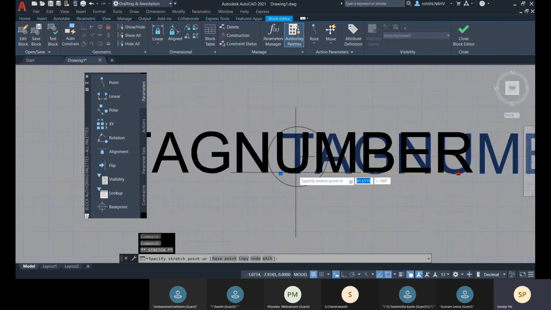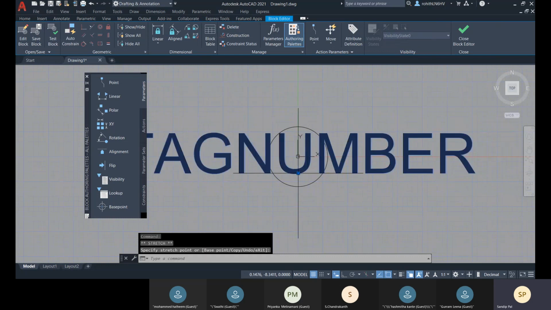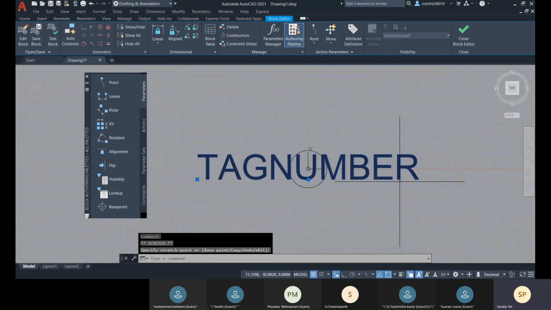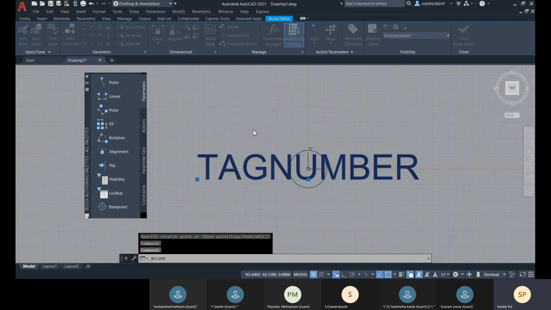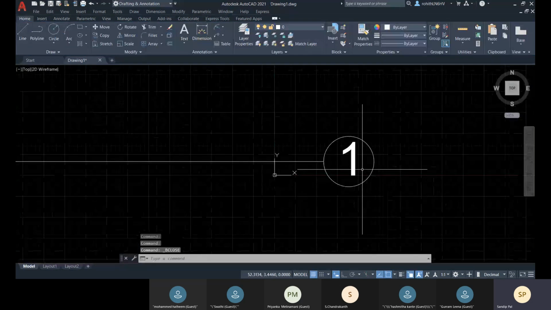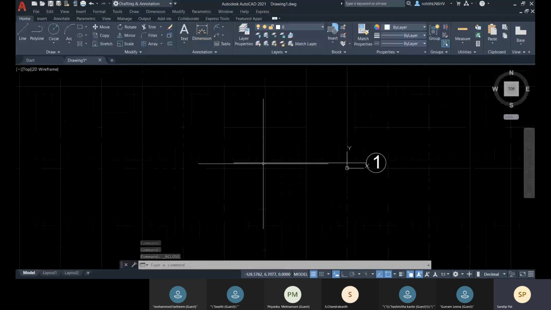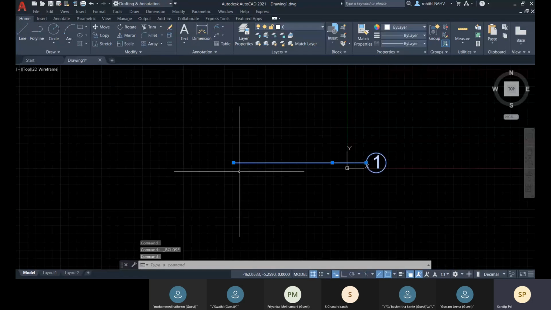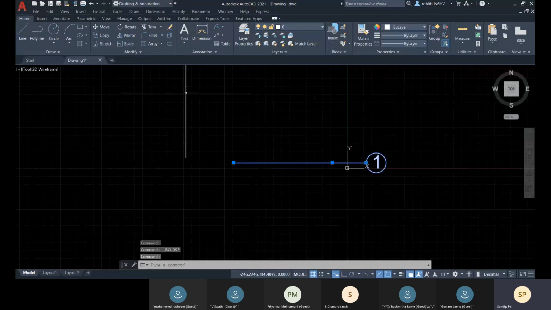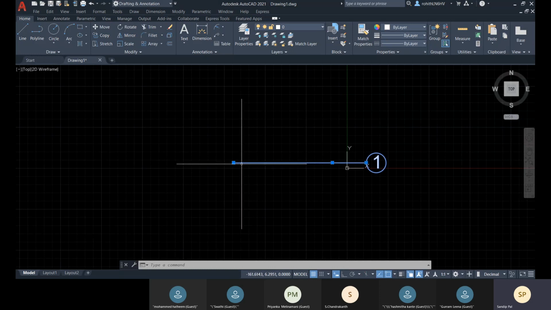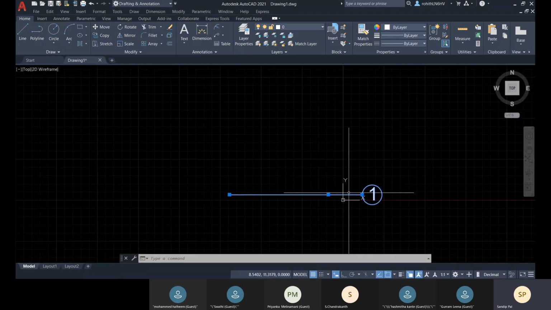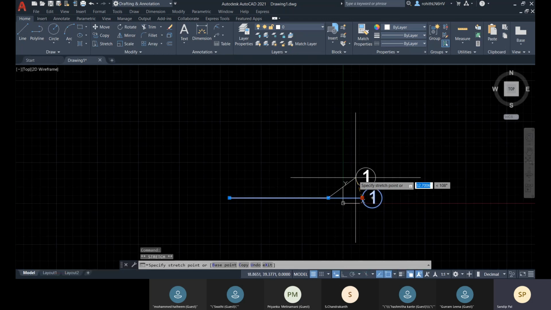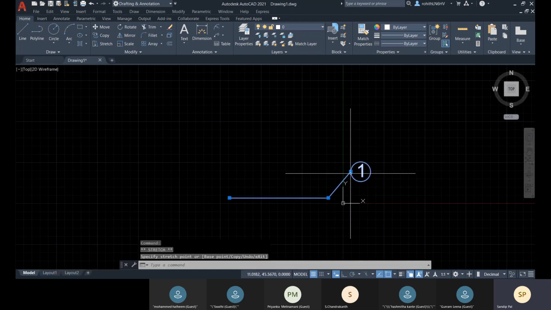Let me place it at the center. Okay, so this kind of grid lines you can create, and here you can see that you have to create one for your horizontal grids and one for your vertical grids, and you can change this position like this.